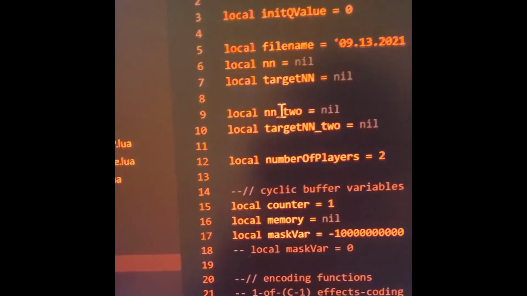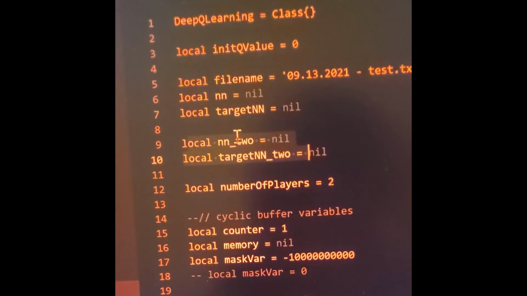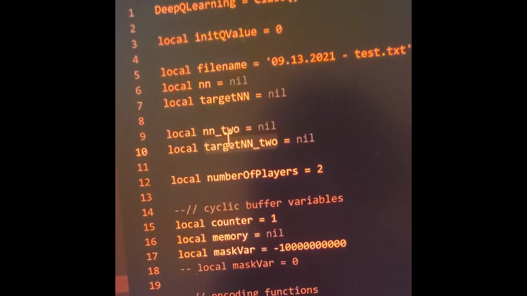Okay, so now that I've satisfied my curiosity, verified I'm not as big of an idiot as I thought I was, and fixed one small thing with the alpha value, I'll finish what I've already started. It's very quick and dirty, just for experimentation purposes: the second neural network that I'll be using. So here's neural network 2, and then the target neural network 2 for deep Q learning purposes. I'll create the second agent to use that second network, and I'll have them go up against each other.